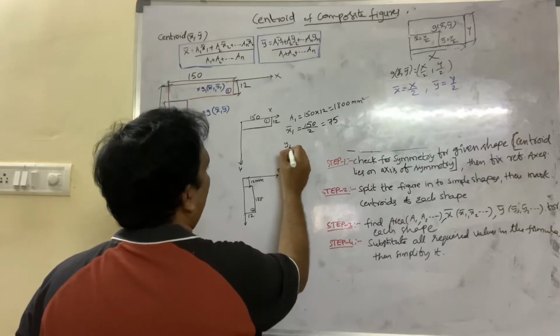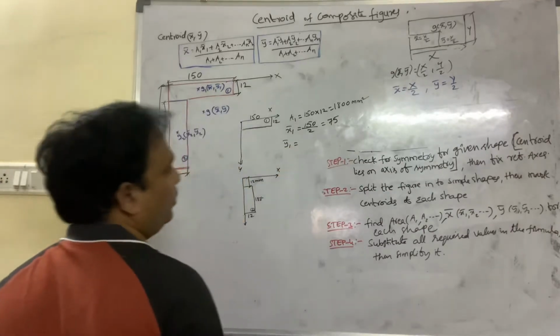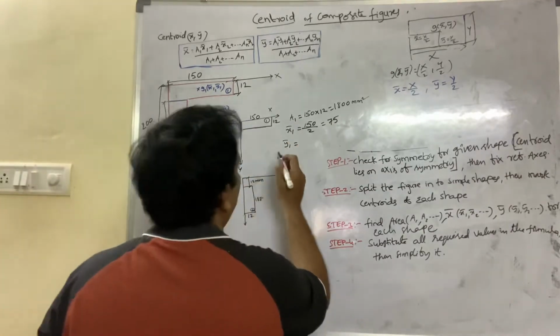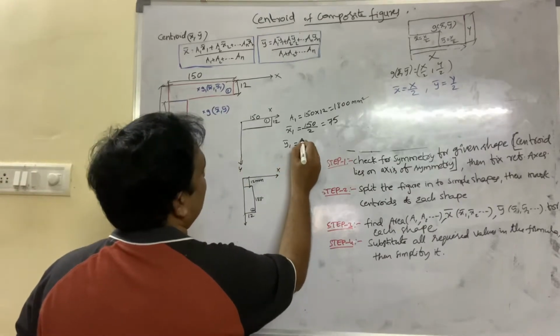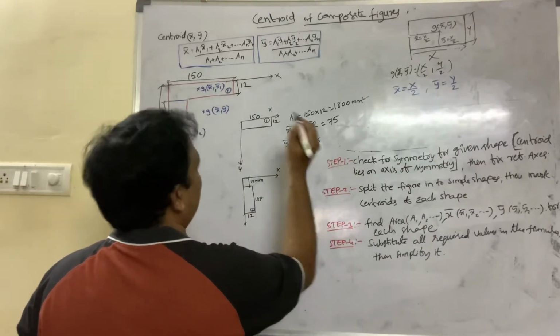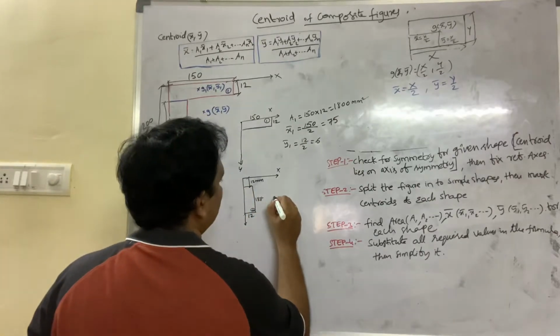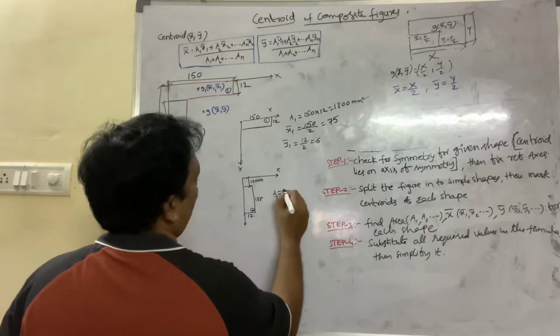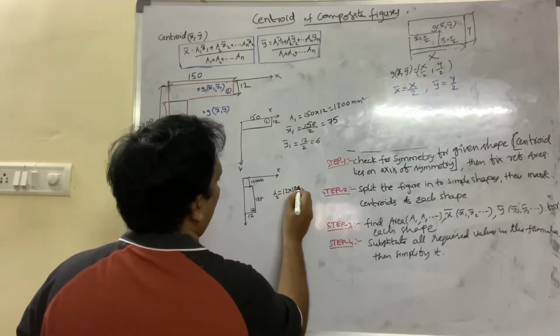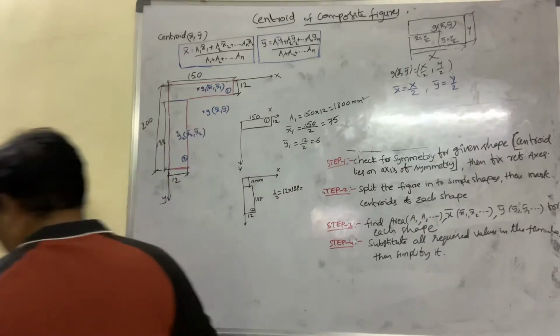And y1 bar is half the vertical distance, that is 6. And for the second member, what is a2? 12 into 188, which is equal to